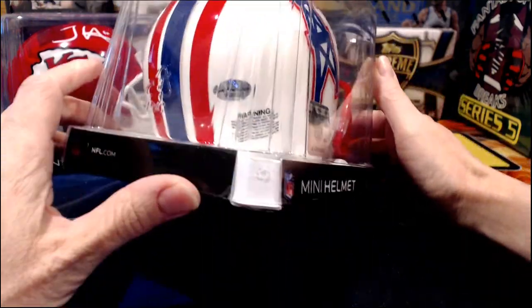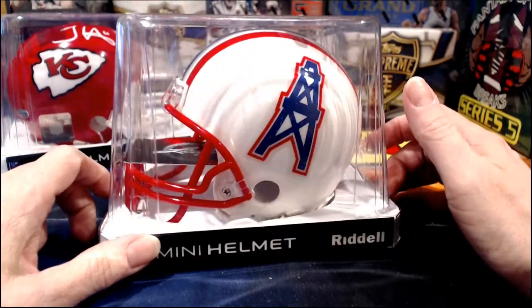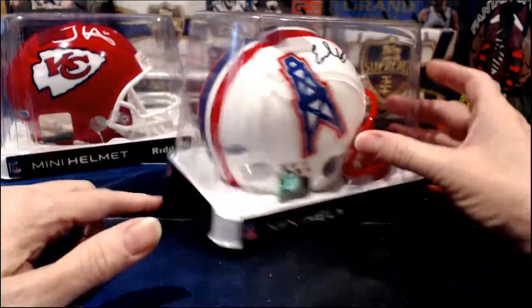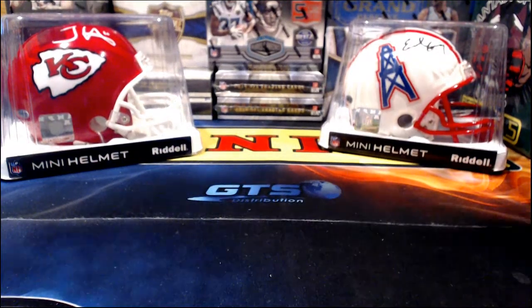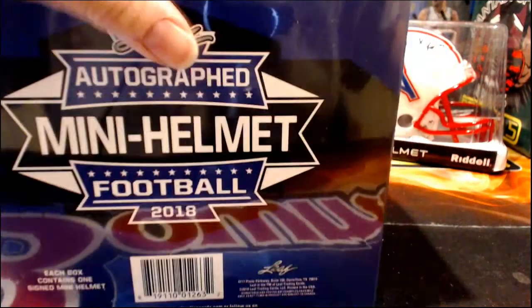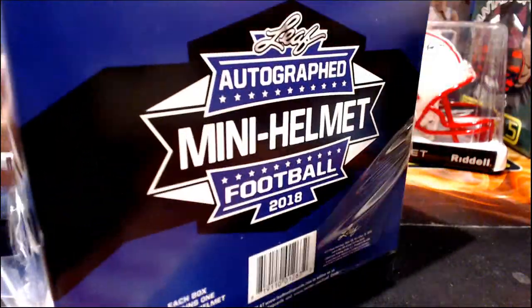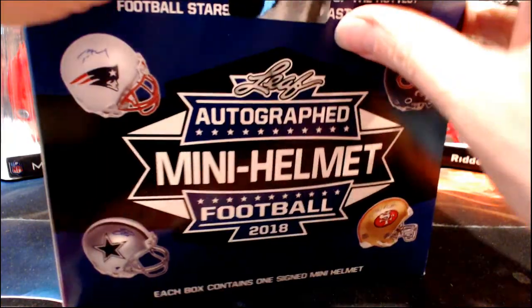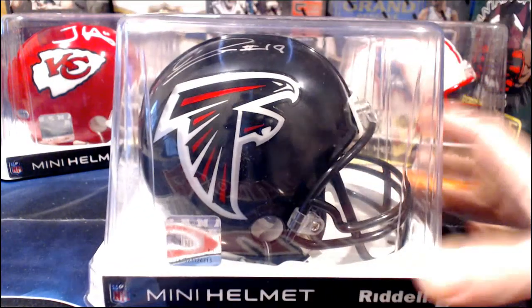Earl Campbell is next out, and it is Leaf authenticated hologram, Leaf credit card size. Of course, Earl Campbell was originally a Houston Oiler. The former Houston Oilers are the current Tennessee Titans, so cards and items always stay with their franchise. All that information can also be found in my listing description down in the special circumstances area. So anytime we pull a Houston Oiler, it goes to the Tennessee Titans because that is the current name and